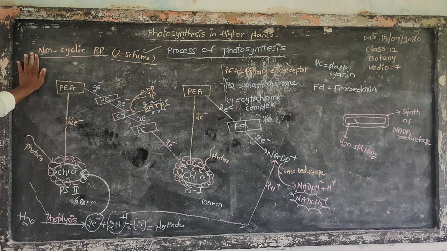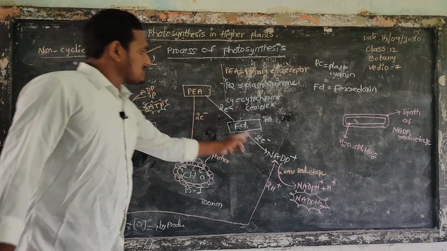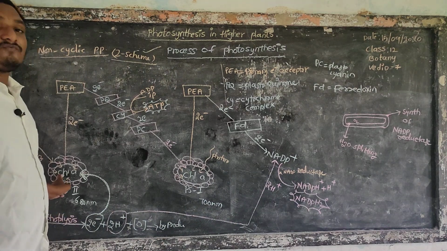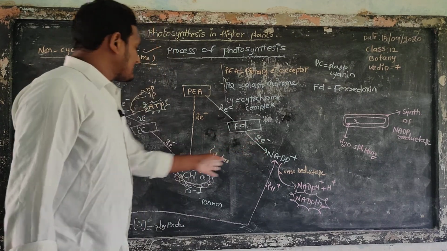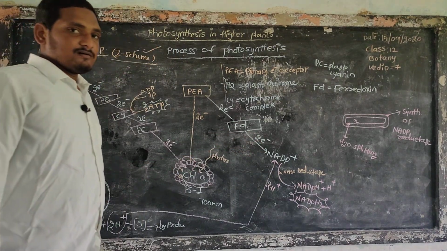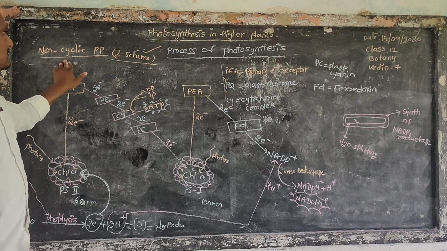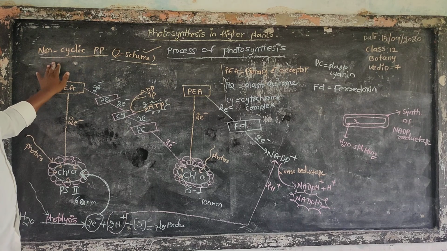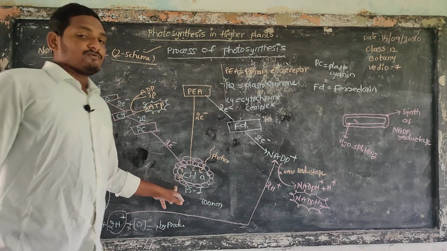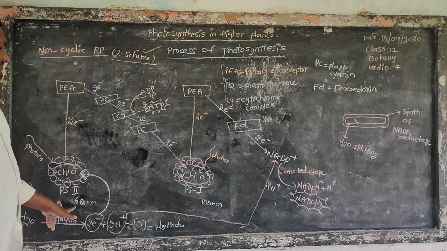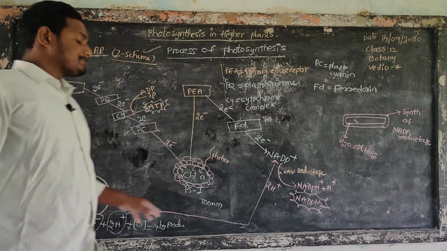Simply recap all these things. So this is non-cyclic photophosphorylation. Here, because of non-cyclic photophosphorylation, these electrons are not returned back to chlorophyll A or the reaction center chlorophyll. They finally reach NADP plus. Two systems are working here, photosystem 1 and photosystem 2. Photosystem 2 first takes up 680 nanometers of light, and photosystem 1 takes up 700 nanometers of light.